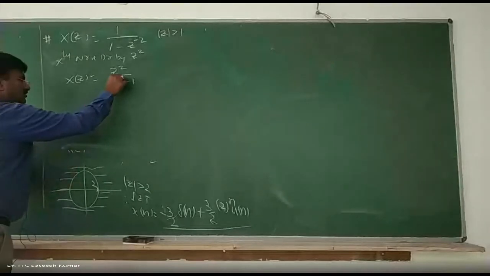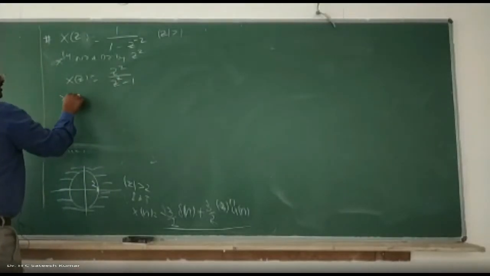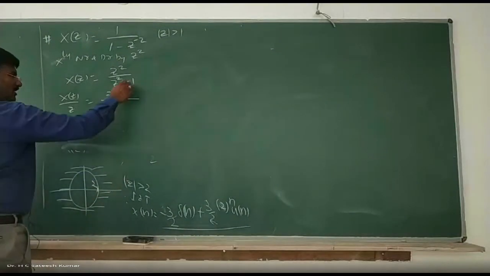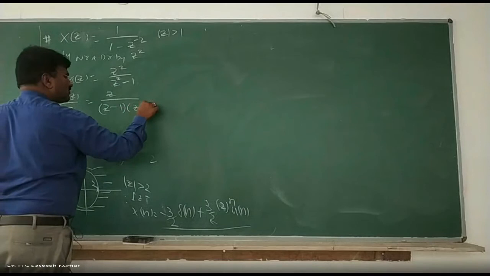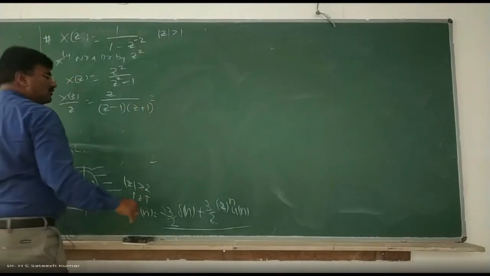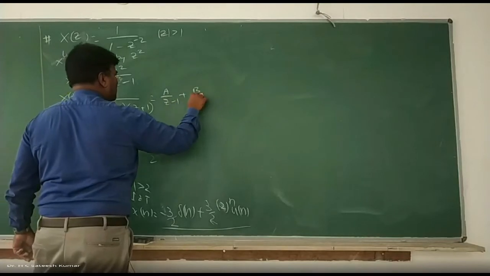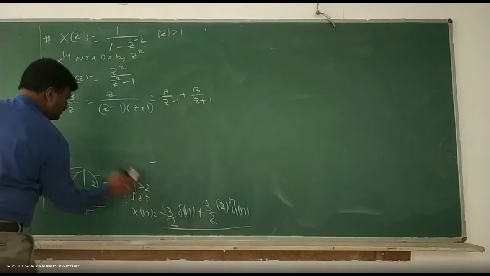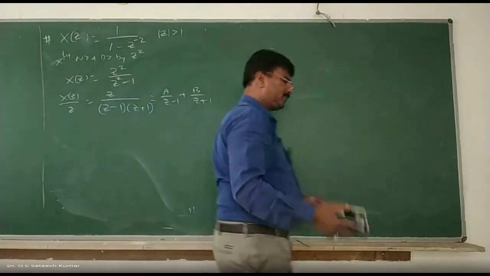Now this can be written as what? One z you take to the denominator. X of z by z is equal to z divided by (z square minus 1), so a square minus b square format. 1 can be written as 1 square, no? z divided by (z minus 1) into (z plus 1), which is equal to a divided by (z minus 1) plus b divided by (z plus 1). Go for partial fraction expansion. This is a question which is repeated twice in the examination.